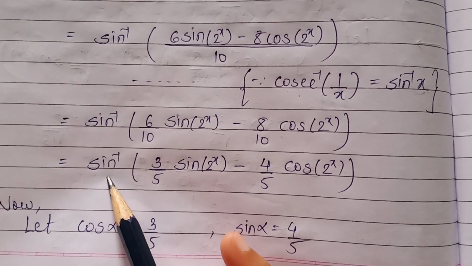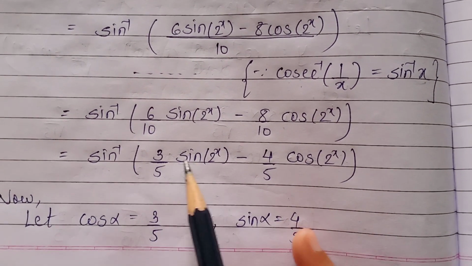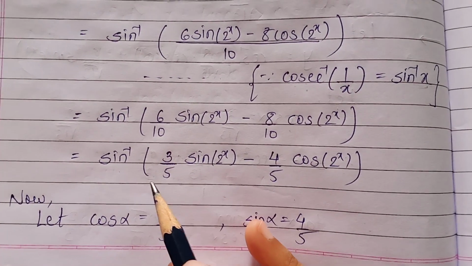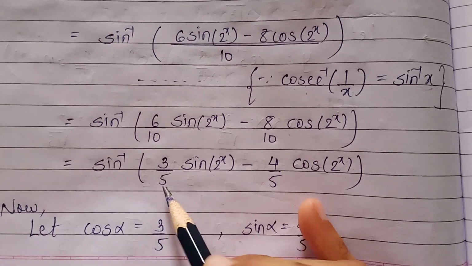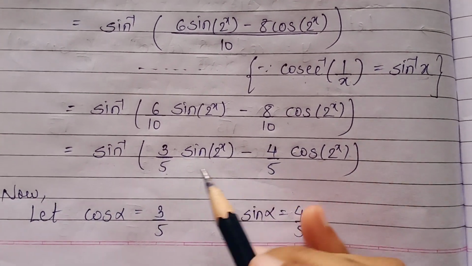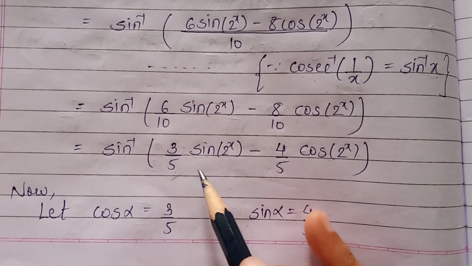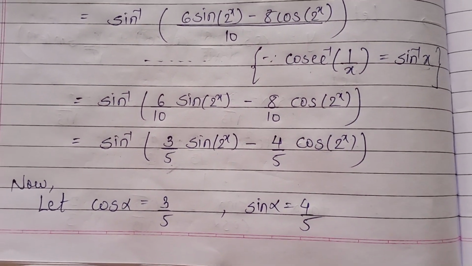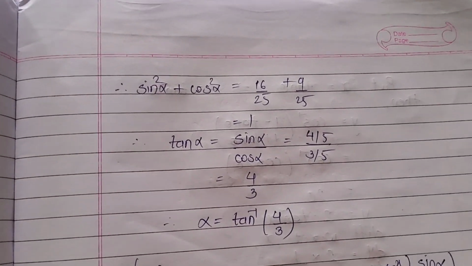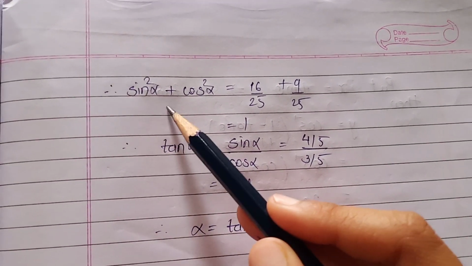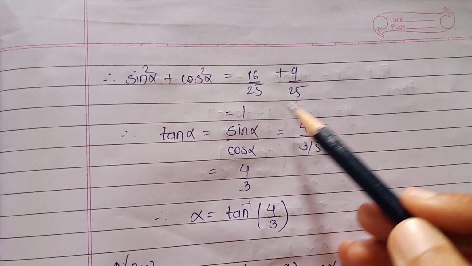Now as this is sin inverse, you will rearrange this. As it is sin, you have to take the sin term first, though you can arrange that afterwards also. But we know that with sin it will be cos alpha and with cos it will be sin alpha. So let cos alpha equal 3 upon 5 and sin alpha equal 4 upon 5. Check whether the sum of their squares is 1 or not. So sin square alpha plus cos square alpha means 16 upon 25 plus 9 upon 25. We know that it is 1.